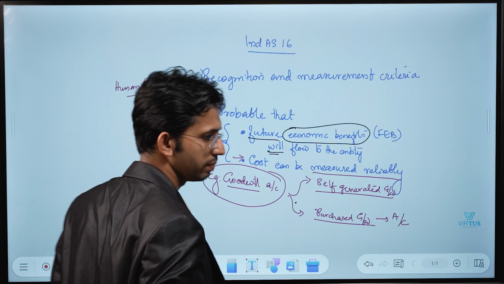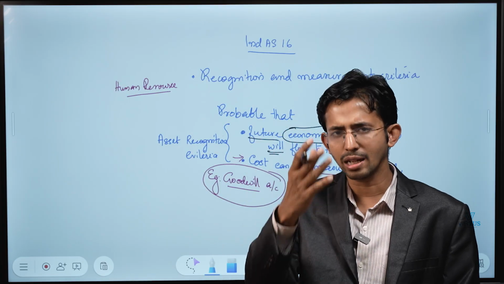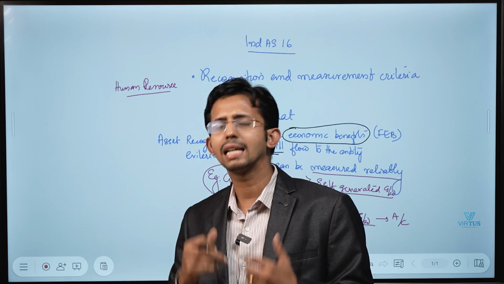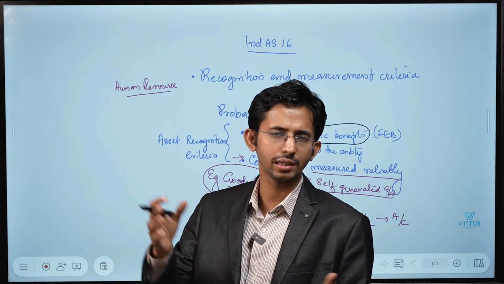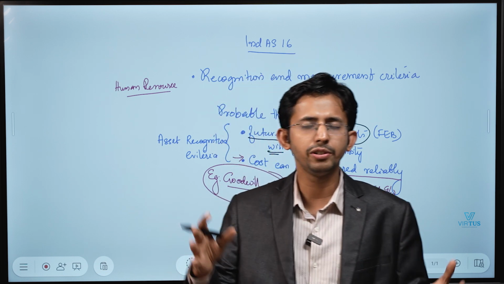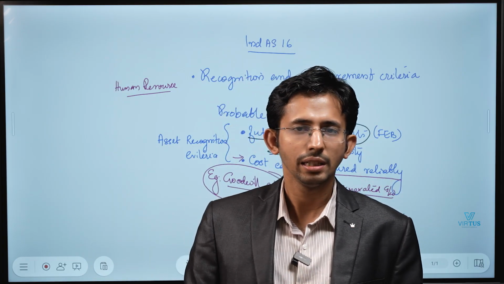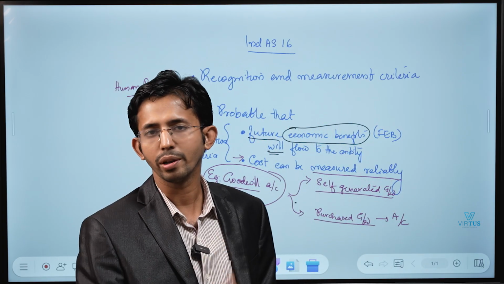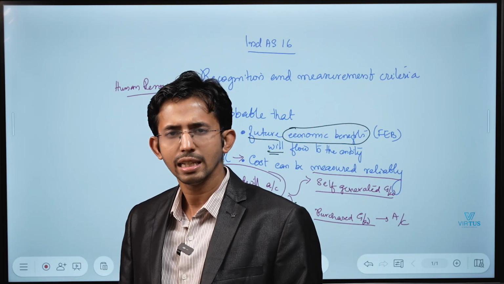Okay, HR, human resource. Now when you take a software company or tech company like Infosys, which is its biggest asset? The biggest asset is not the computers, not the building, not the furniture. The biggest asset is the human resource it has, the contract with the employees, the services offered by the employees. Now just think, is it fair